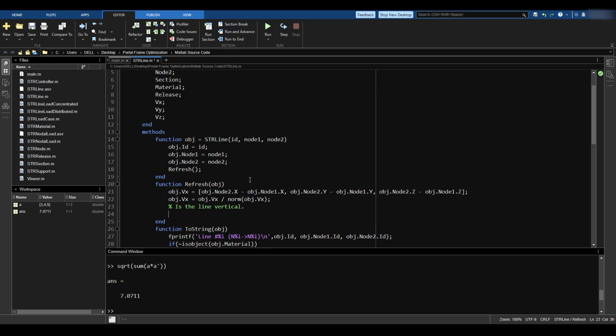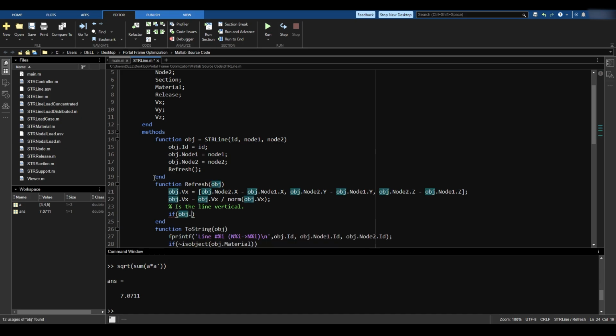So how do I know if a line is vertical? If a line is vertical, then the Vx, the local x-axis, is going to be straight up or straight down. And straight up or straight down means that the x component of Vx is 0, and that the y component of Vx is 0, and that the z component is the only component that exists. I can easily do this by making a check. So to check this, I can, for example, say if, now the mathematical way of doing things,